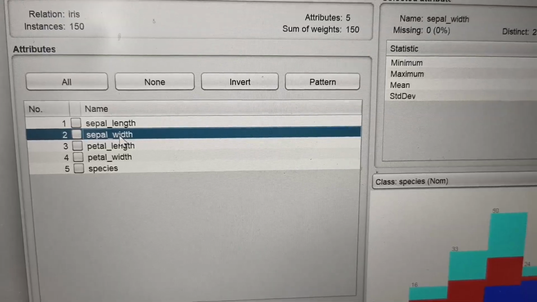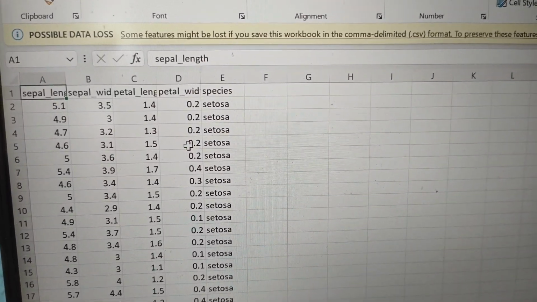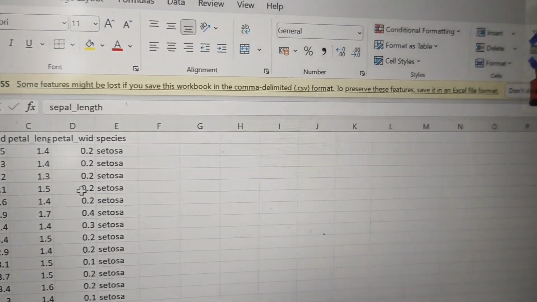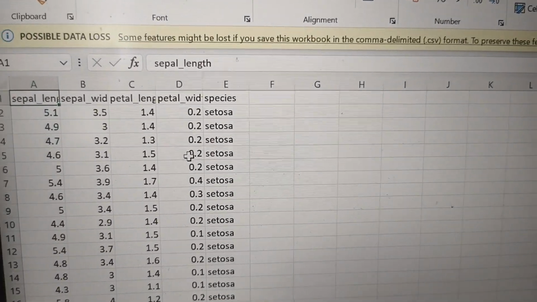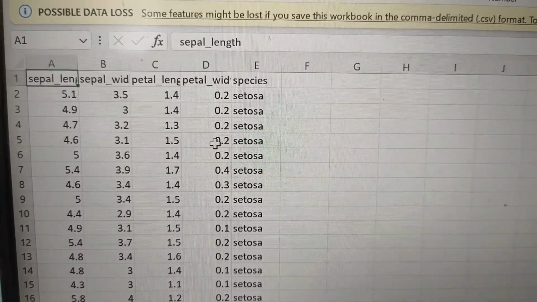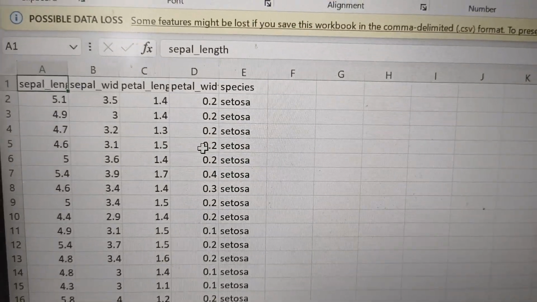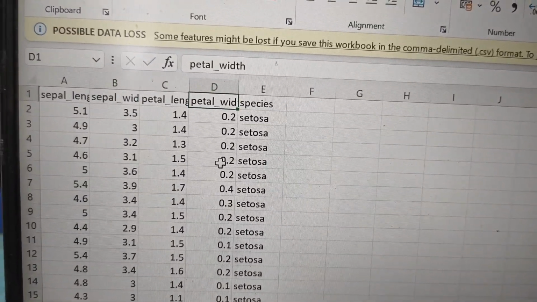Now here I am going to show you the iris dataset. The first attribute is sepal length, second one is sepal width, third one is petal length and fourth one is petal width.